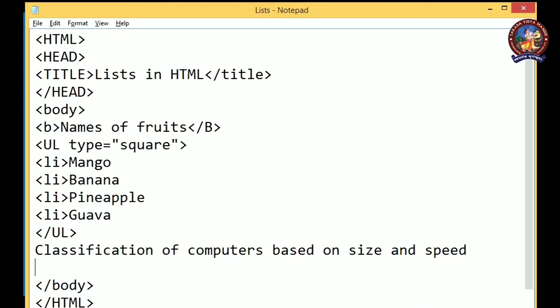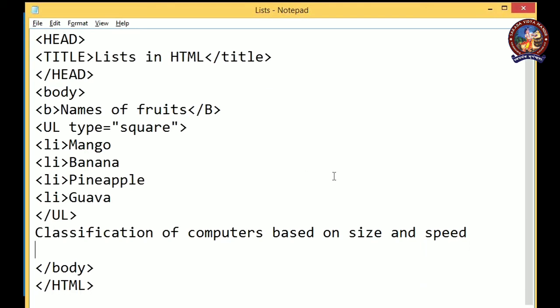Okay, so inside this I am going to create the ordered list. To create an ordered list, the OL tag is used, OL for ordered list, and it is also a container tag. Inside that, in the similar way, we have to declare the list items using the list item tag, li tag.